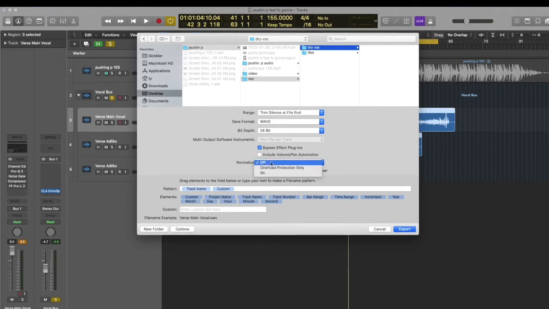Normalize, you want off. What normalize does is it raises your peak to its maximum volume, and the rest of the track follows. There's really no reason to have normalize on in most cases, especially if you've gone in and done some level balancing yourself. It's going to change all of that for you, so just keep that turned off. Okay, I'm going to hit export,